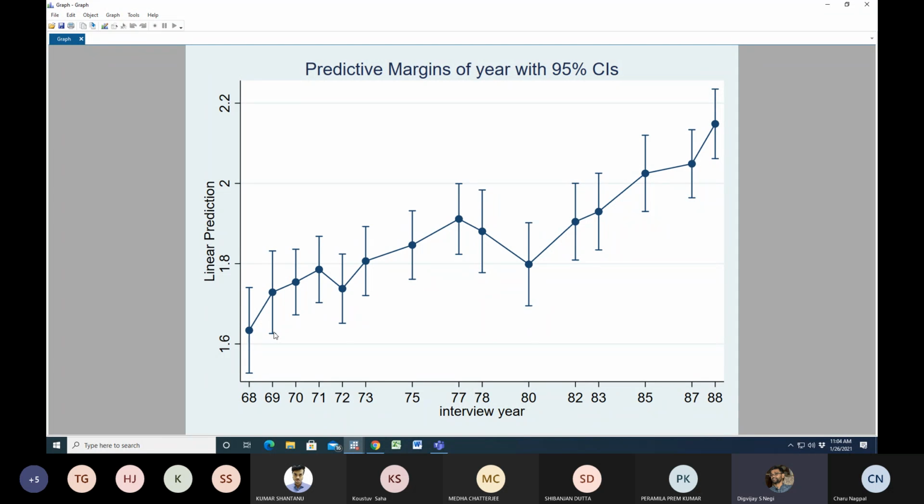Real wages may have increased over time just because the country has grown in per capita income terms, or because of development. So real wages may rise because of aggregate growth and development in a country. These are those time dummy variables, and they are trending upwards. There is some variation in this trend, but in general it shows a rising trend, and this trend may be driven by economic development over time.